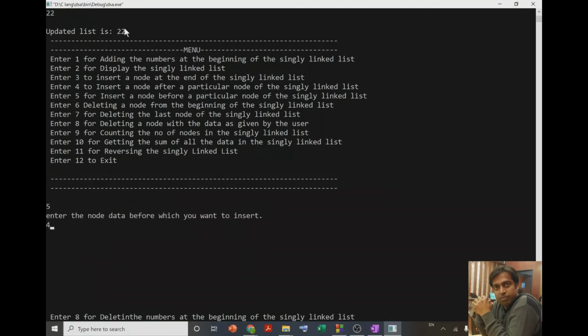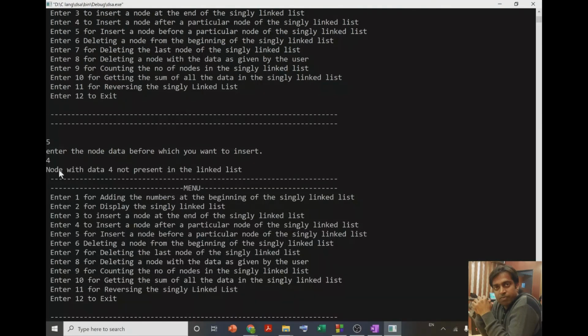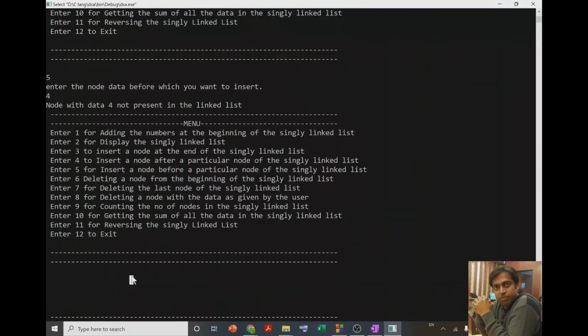Since 4 is not present in our list, let's check what output it is going to show. It is showing me node with data 4 not present in the list. Since it is not present, we cannot insert a new node.